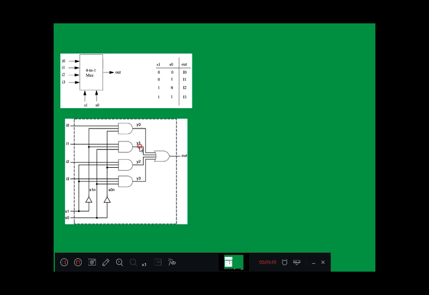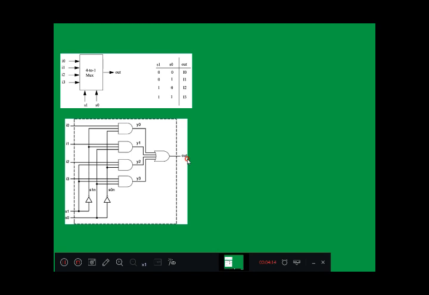Now these 3 outputs are acting as inputs for the OR gate. When these 3 are 0, Y0 is selected based on the value of I0. Suppose I0 is 0, so for the OR gate all inputs are 0, output will be 0. Suppose I0 is 1, in that case, assuming select lines 0 0, Y0 will become 1, and for the OR gate one of the inputs is 1, so you get output 1. So the circuit behaves as expected.